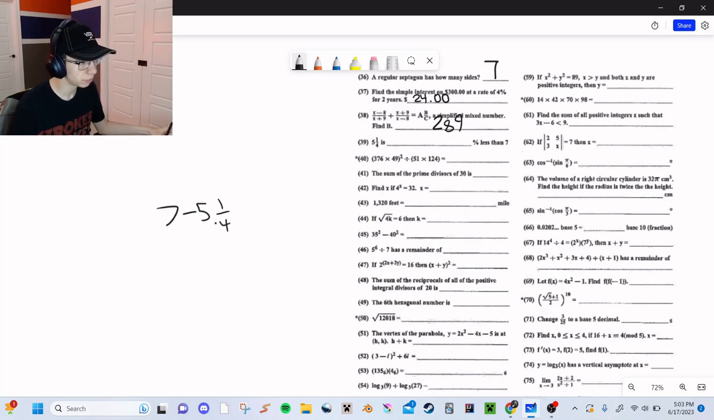But if we use our formula, it becomes a bit nasty to do. I don't like working with mixed numbers. So what can I do here to make this easier on myself? Well,